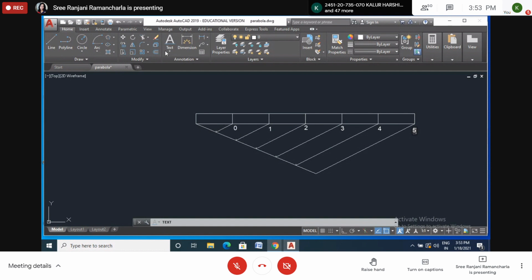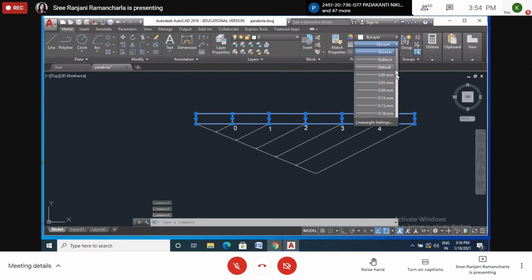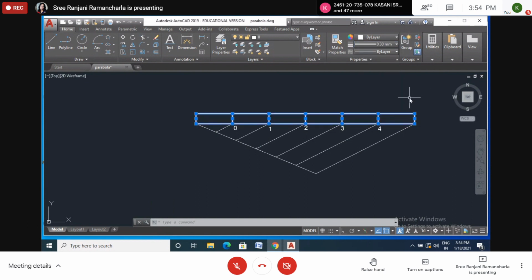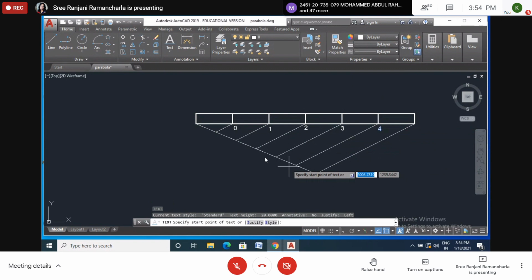Now here I will write it as meters. These construction lines should be very light lines. I will make these lines dark so that you will not get confused. This one, this one, this one, I'll show in a little bit dark lines. This is the actual figure. These are the construction lines.